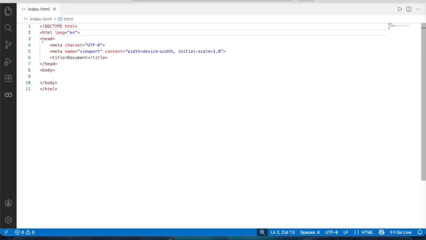Then comes the head. This head section contains metadata. Think of the head as the brain of your website. It contains crucial information about the page, but nothing inside the head is actually visible on the front end or the screen to the user. Inside it, we will put things like